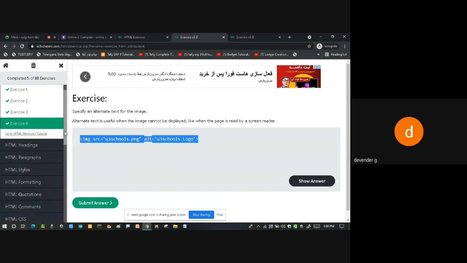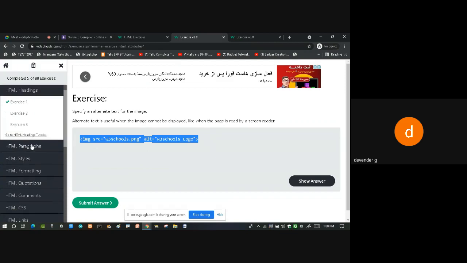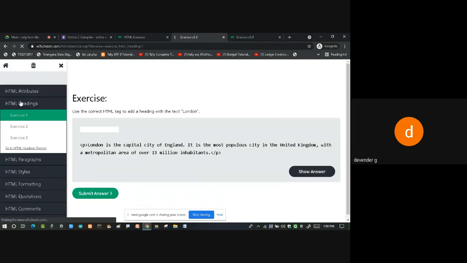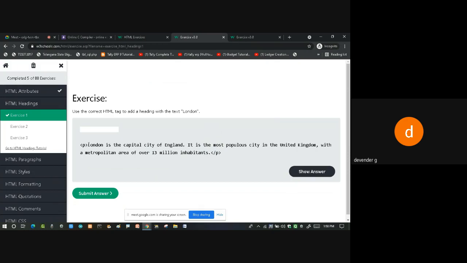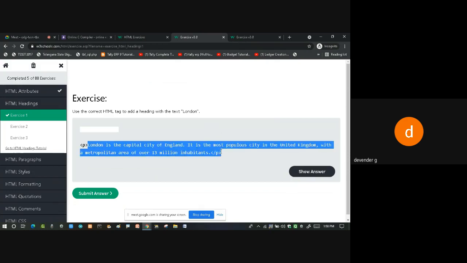Then we have come across something called heading tags. So let's see about the heading tags. Here some paragraph is already there. We have seen the paragraph p tag. Now to this paragraph I need side headings.